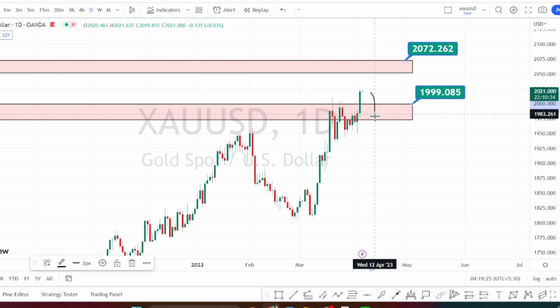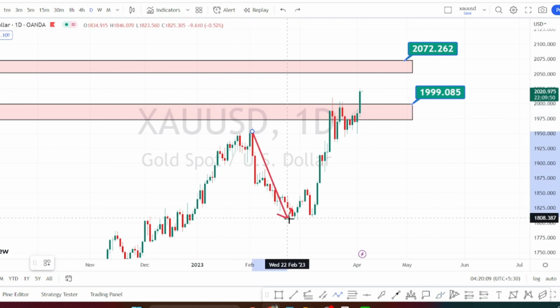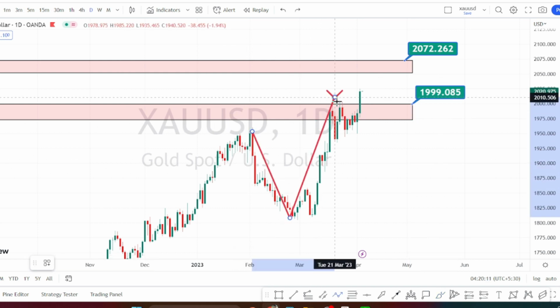And currently we can notice that it has clearly given a very strong breakout on the bullish side with a very big green candle, which shows the strength of the bullishness in this candle, and we can expect the bullish trend to continue in daily time frame as long as this support zone between 1972 to 2000 is not breached. So for now the current trend of the price action in daily time frame is in bullish trend,